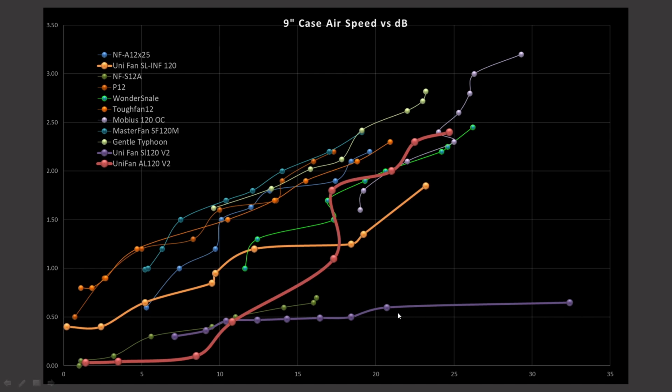Don't buy it as a case fan, please. While the AL120 version 2 starts off actually really bad, and then it kind of gains ground. It's still low, but it's climbing nicely. And then, boom,